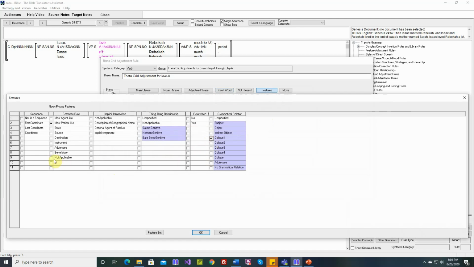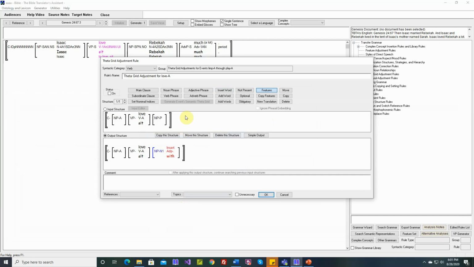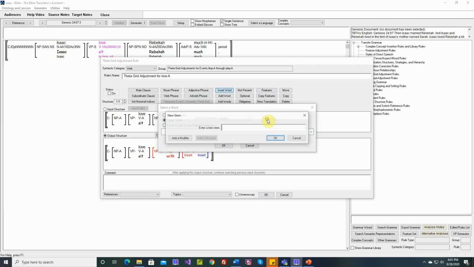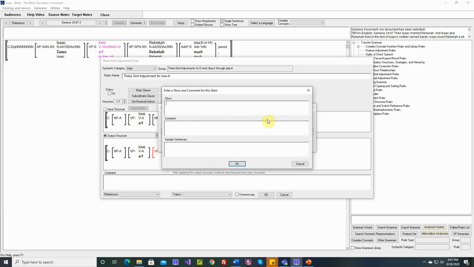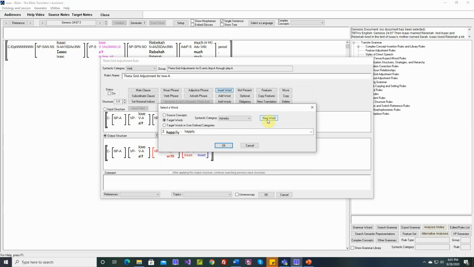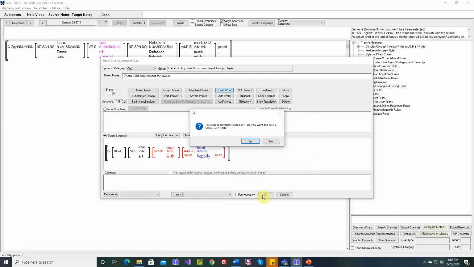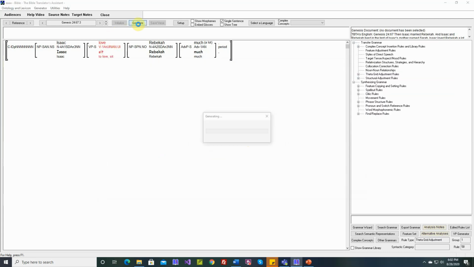And we'll say oblique 1, not applicable. And let's add an adverb phrase in the output structure, and we'll insert the target word happily, which will be an adverb. We don't have it, so let's add it. So Isaac sat with Rebecca happily a lot. This rule is turned off. Do you want the rule status set to on? Yes. So now when we click the Generate button,